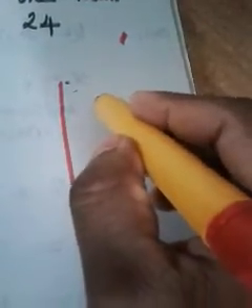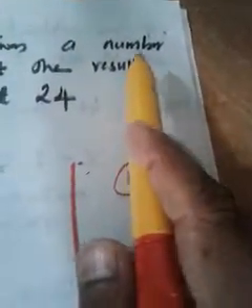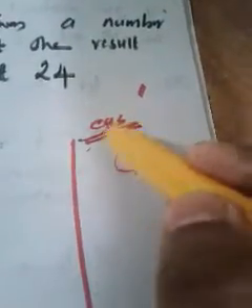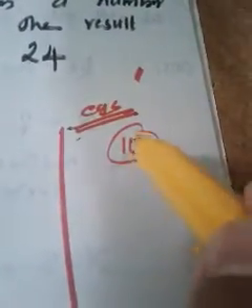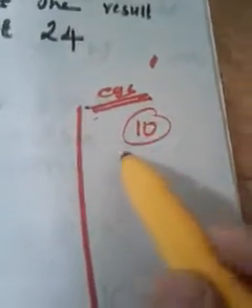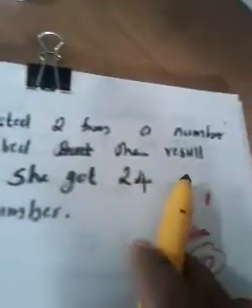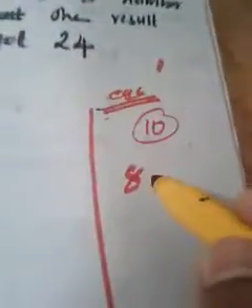See, suppose Amina thinks of 10. Let it be 10. It is not given, we have to find that number. For better understanding, I am just considering it as an example. No need to write. It is just an example for better understanding of the question. So suppose Amina thinks about 10. Then she has to subtract 2 from that number. That means when she subtracts 2 from 10, the result will be what? 8. Subtracted, okay. Then she multiplied the result with 4. Then what is she supposed to do?